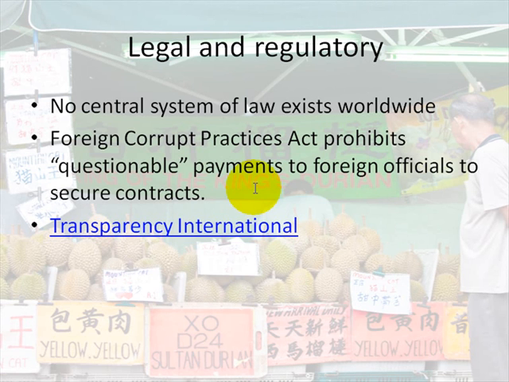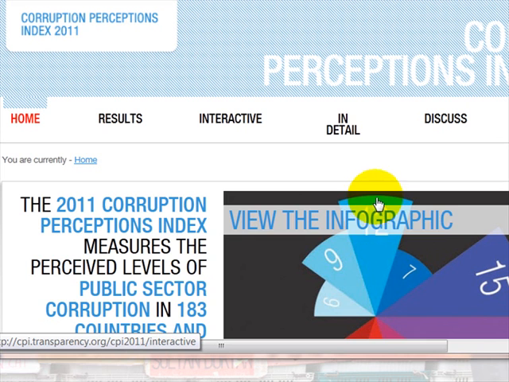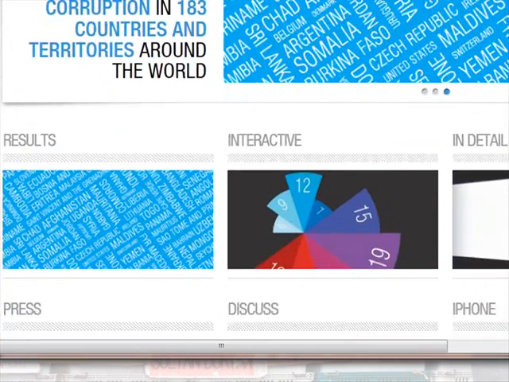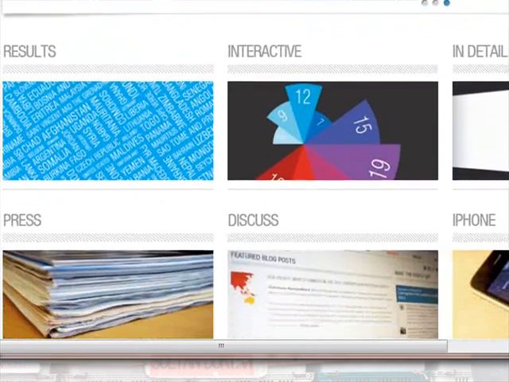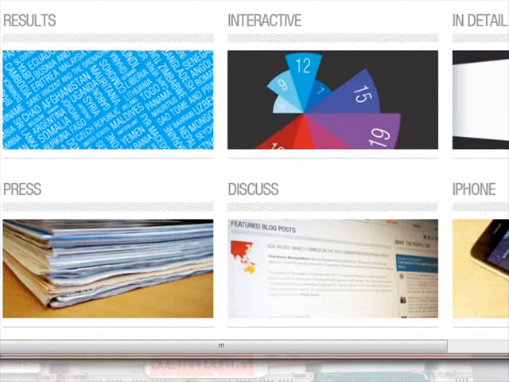I put a link here to Transparency International, and I'm going to click that link. But first I'm going to need to pause my video, and resize my screen because I've got it real tiny here so I can see the notes in PowerPoint as I'm giving this lecture. Bear with me, I'll be right back. Okay, apparently once you begin recording a video in Camtasia, the screen recording software that I'm using, you can't change the size of the video window. Which is okay, because we're still going to take a look at Transparency